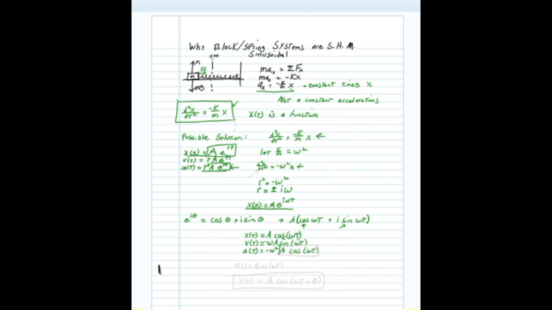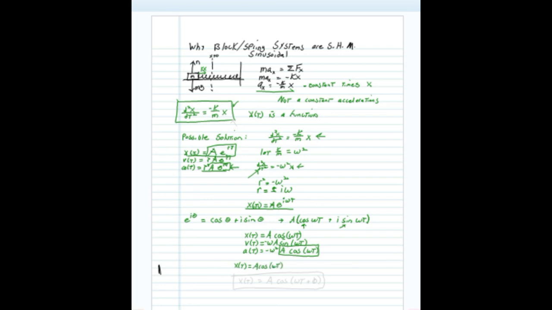Take a look. This is the original function. You're multiplying it by negative omega squared, and you're getting the acceleration. That's exactly what we said up here when we did the differential equation. All right, so this checks. It works. Now, to make it a little bit more generic and deal with situations where maybe the object doesn't start at its maximum position at the origin, what we're going to do is expand this a little bit and say, instead of x of t being a cosine omega t,